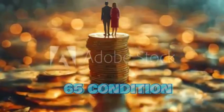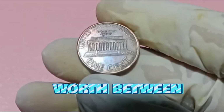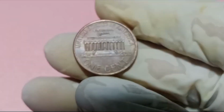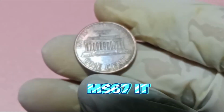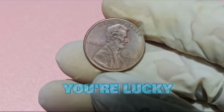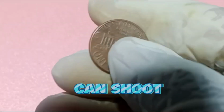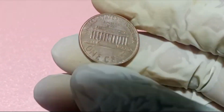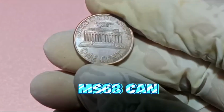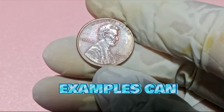In MS65 condition, the 1995 D Liberty cent can be worth between $5 and $10, while in MS67, it can fetch between $40 and $100. Now, if you're lucky enough to have a coin in MS68 or higher, the value can shoot up into the hundreds of dollars. Coins graded MS68 can be valued at $300 or more, while MS69 examples can reach upwards of